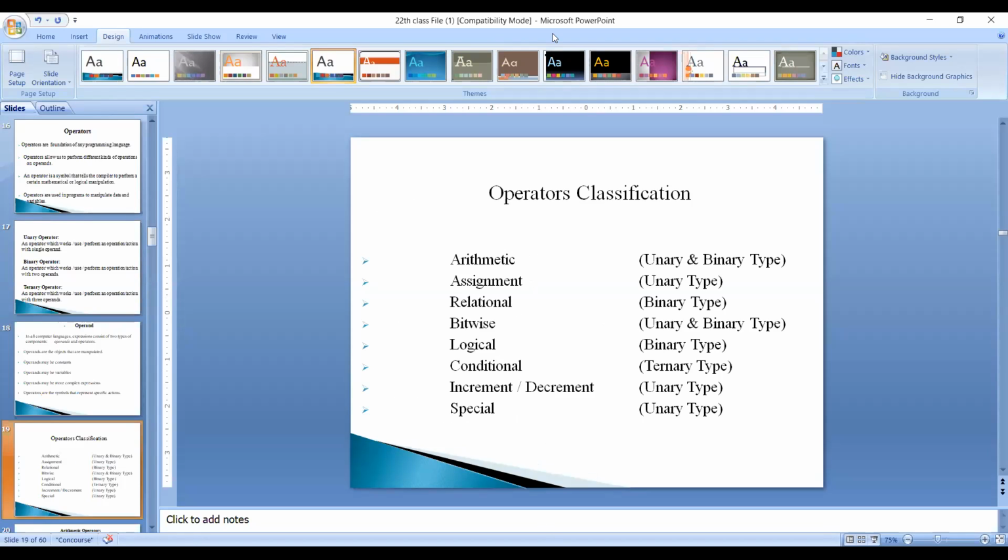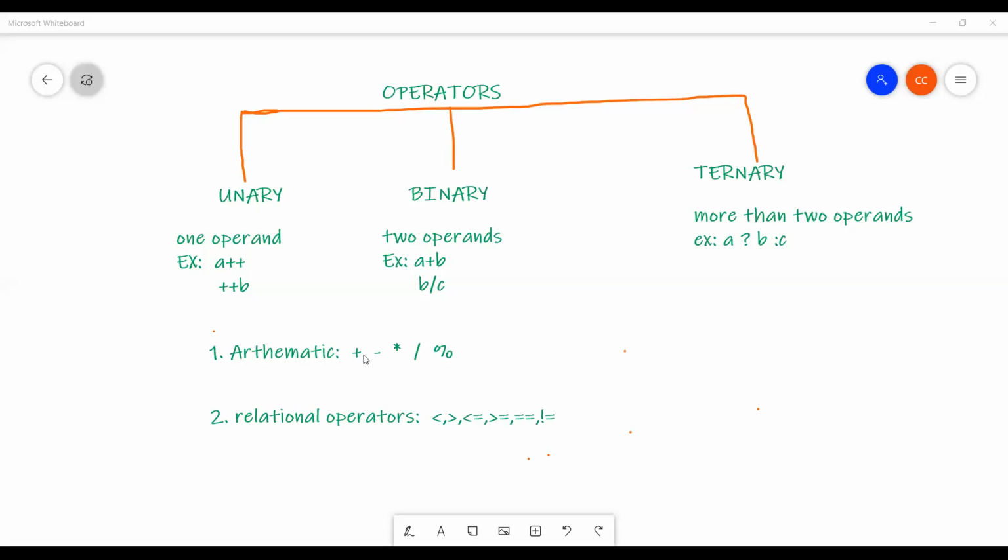So what are the arithmetic operators? Arithmetic operators are plus, minus, asterisk operator, division operator and last modulus operator.